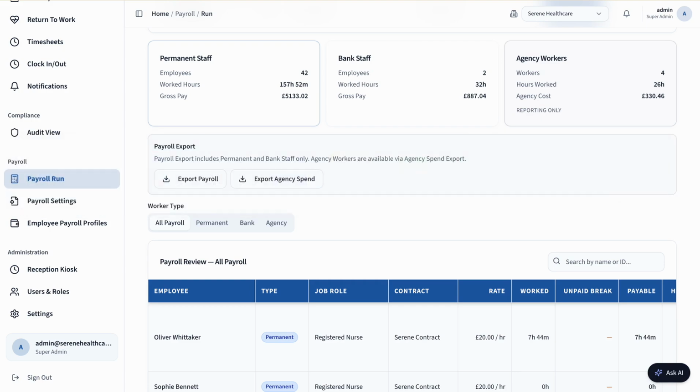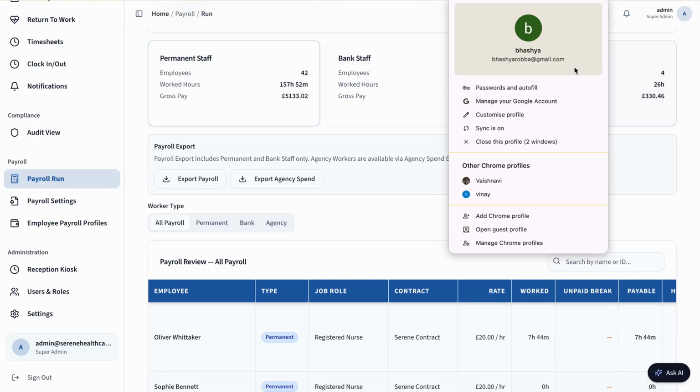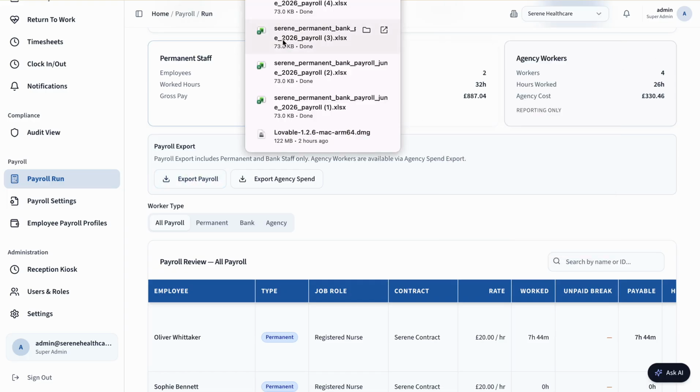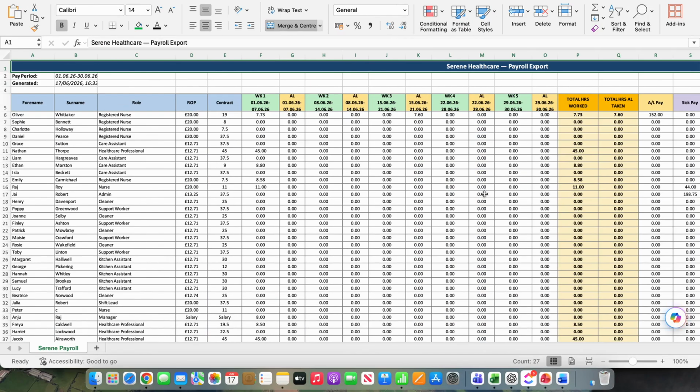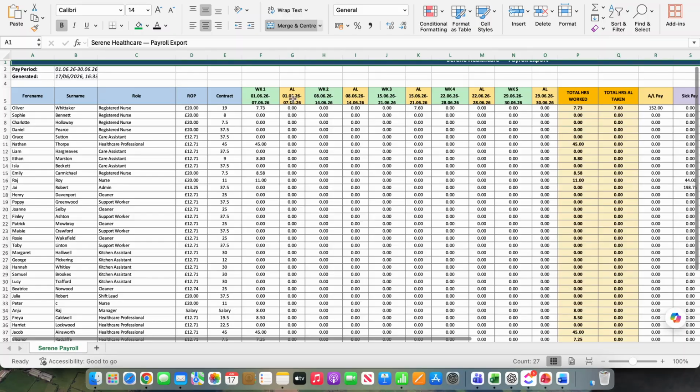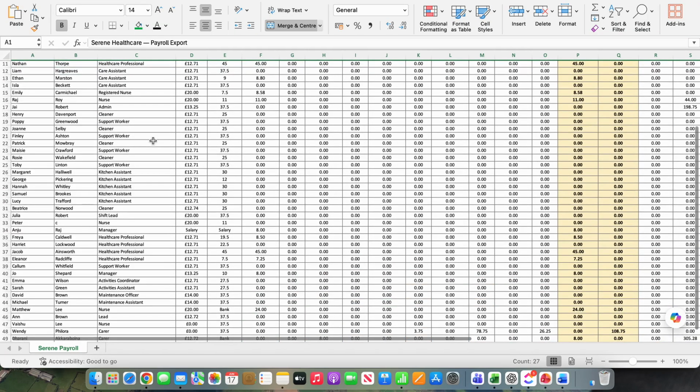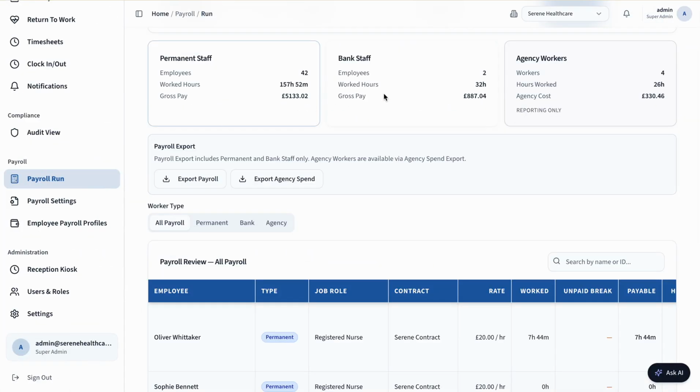One moment. So yeah, this is the Excel sheet for that week. So week 1, week 2, week 3, annual leave used and the employees worked. And then the same for the bank staff. So this Excel sheet has both bank staff and the permanent employees together. And if you click on the agency spend, we can see how many agency people we worked that month